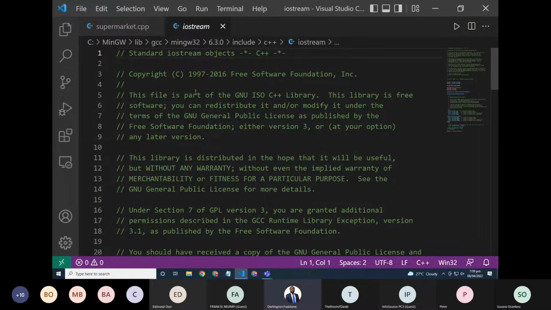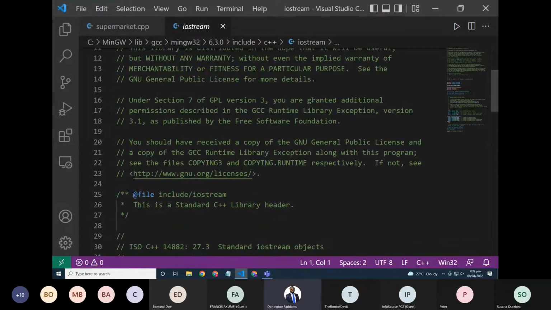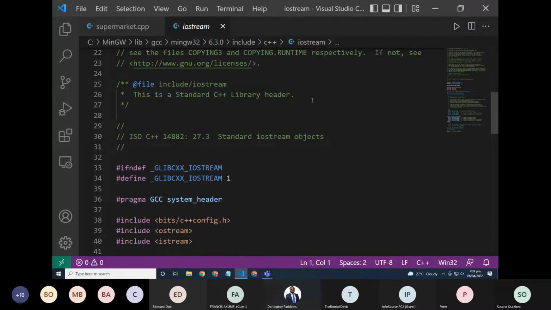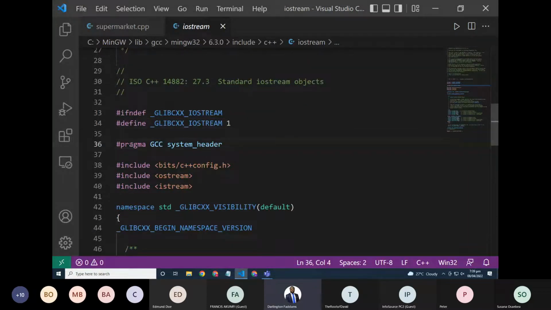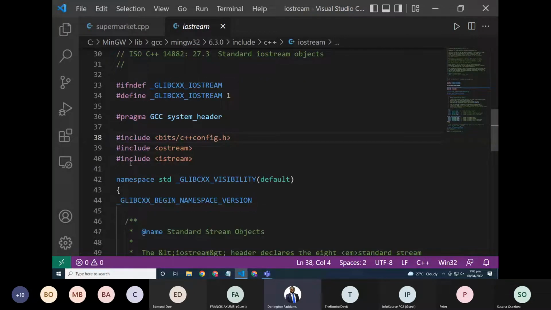You can see a lot of comments here. This file is part of the GNU ISO C++ library. Whoa. When I go through this file, I'm going to see several definitions. This pragma, later you learn about it. And watch this. iostream is also including other files within the iostream. It is including c++config.h. It is including the ostream. It is including,